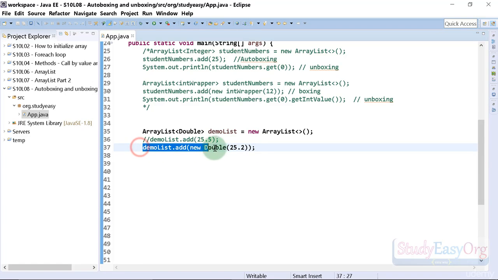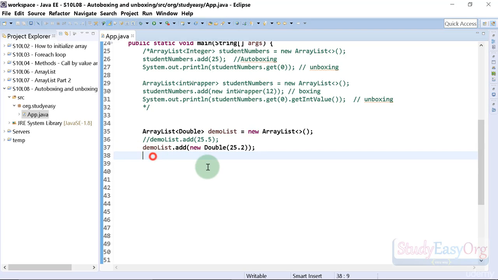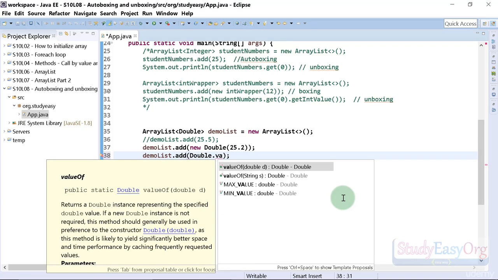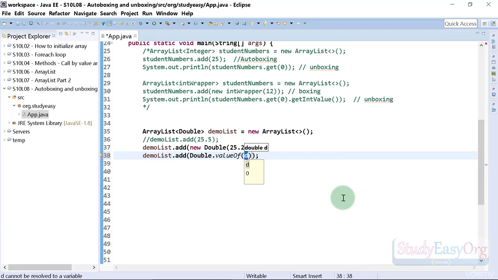Now in the background, Java doesn't apply this way. In fact, there is yet another way of adding an element, which is like this: demoList.add, and oops, let me fix the issue. The addAll method got selected. Alright, so inside this add method, we will call yet another method. First of all, we will type in the wrapper class, which is Double, and then there is a method valueOf, and we will pass in the value, for example 10.0,